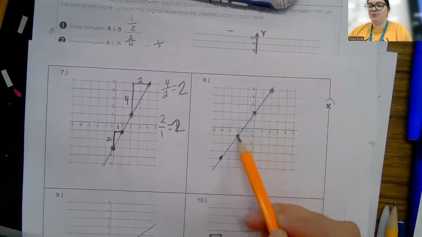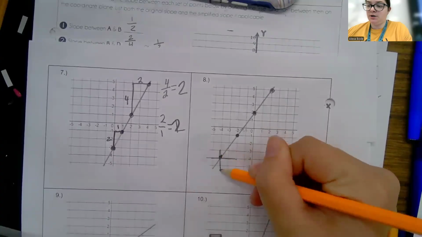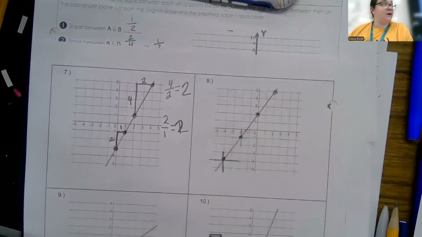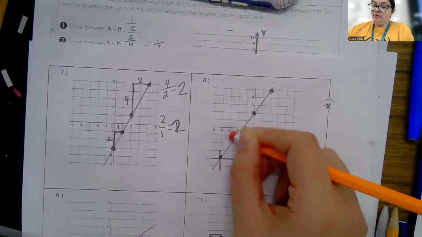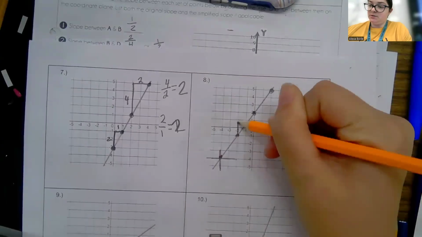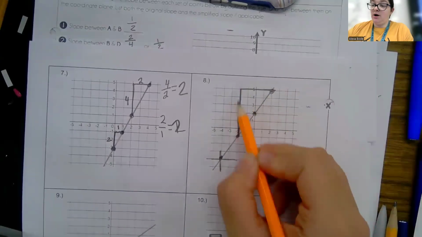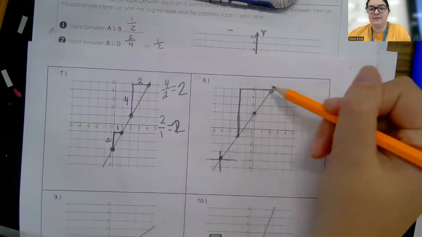I gave you these pretty points. Again, notice that these points are on grid lines. All four of these are on grid lines, okay? So again, we are doing our vertical over horizontal. If I chose this point and this point, I can go up and over to connect them on the grid lines. That's why we want those pretty points, because we have to use the grid lines to